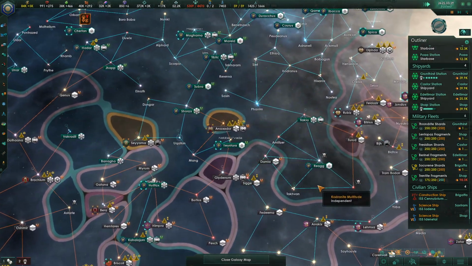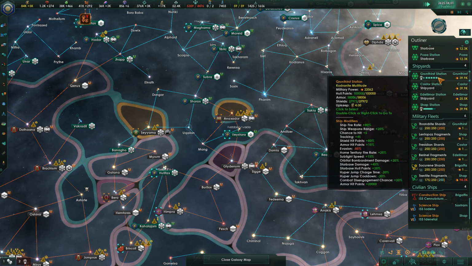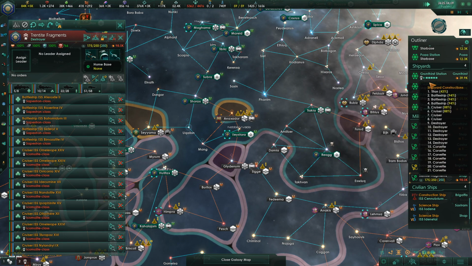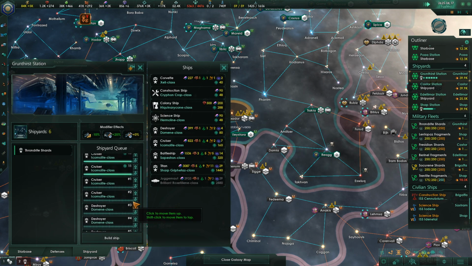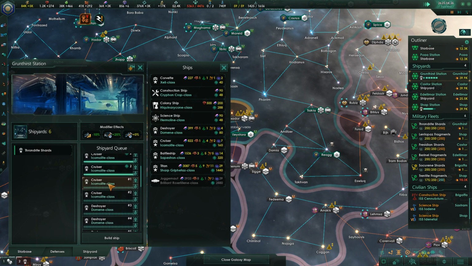Are all of our colony ships out? Yes, all of our colony ships are out. But I believe that we should have the Trentite fragments finishing up quite soon. We just need a couple battleships, the Juggernaut, or not the Juggernaut, the Titan. Which is still 800 days away. And some cruisers and destroyers and corvettes. Okay. In fact,